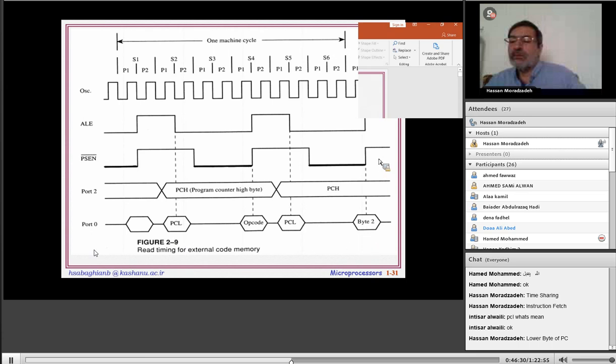This connection separates address and data bus from port 0, connecting the address bus to the address bus of external memory, for example RAM, and the data bus to the data bus of external memory. Program store enable is connected to output enable of RAM for reading from the RAM.